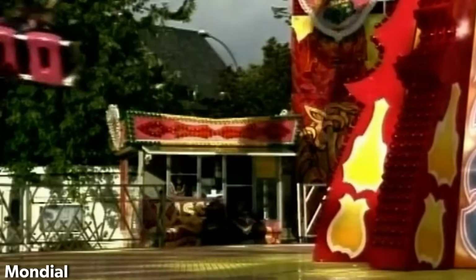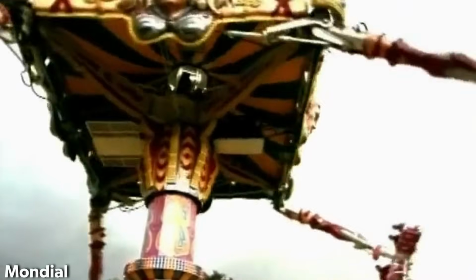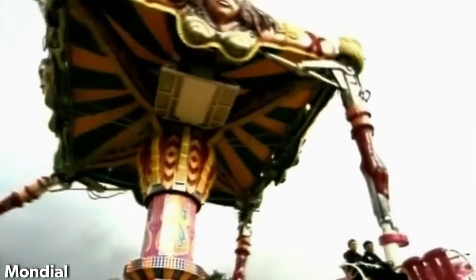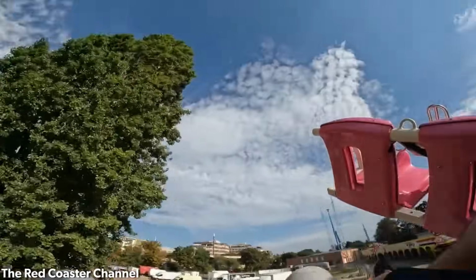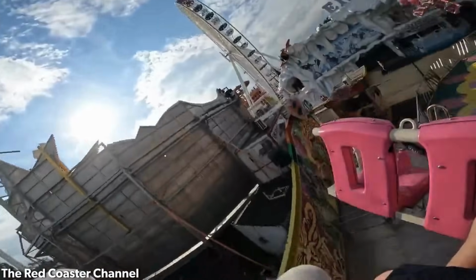To help control the swinging, each pendulum has a hydraulic cylinder that influences the swinging of the pendulum itself. The cylinder connects to the top of the pendulum arm and extends and retracts while the ride is in motion. Each pendulum also features two axes to make the swinging more exciting. Two axes also make for a more unique ride experience than a standard swing ride, as no two rides are